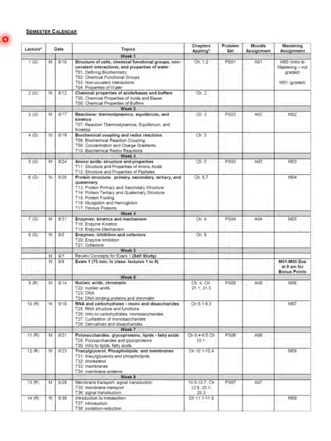This is the semester calendar that we'll be using for the course this fall. So this is what you should be looking at to determine your study time and keeping up with the material on a weekly basis. So we decided to